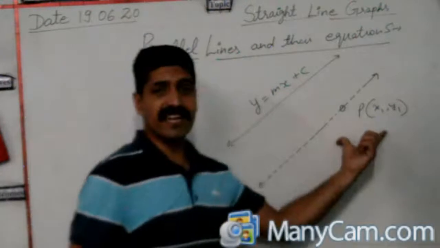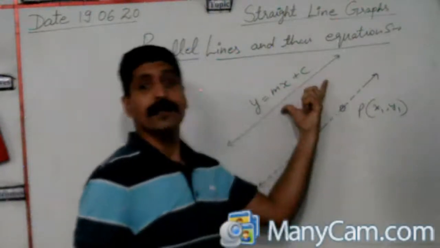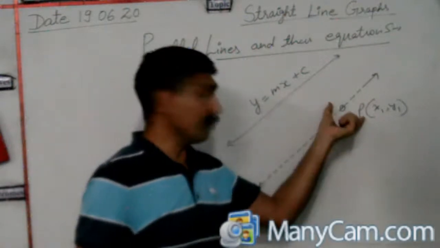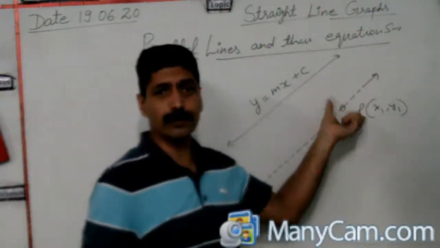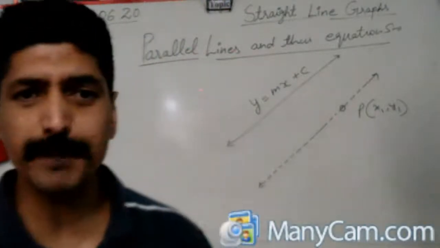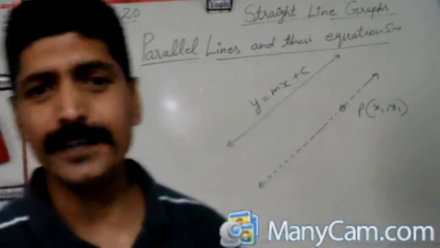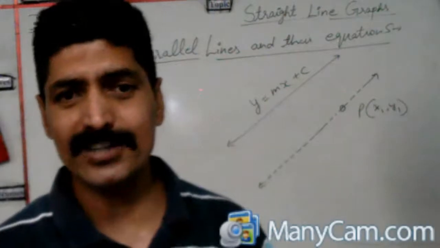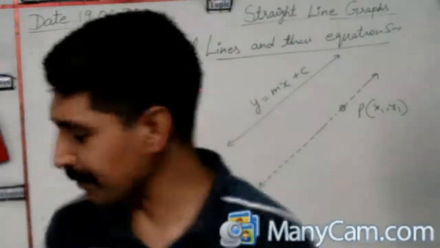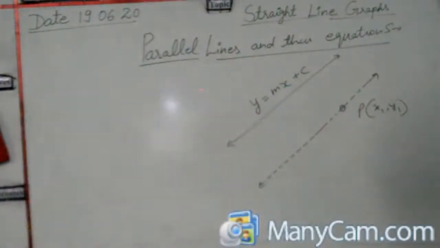So in this case, when the equation of one line is given and one point is given, and we want to find the equation of the line passing through point P, we can find the equation of the straight line which is passing through point P. So let's take an example here. We have one equation of a line that is